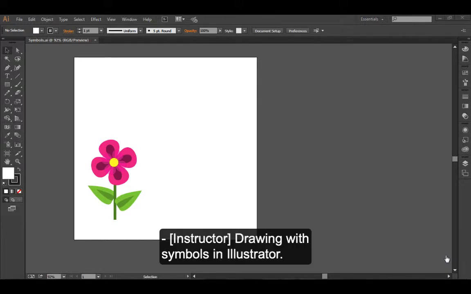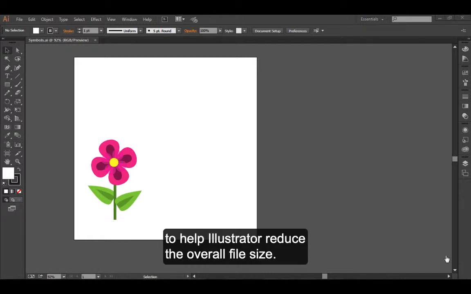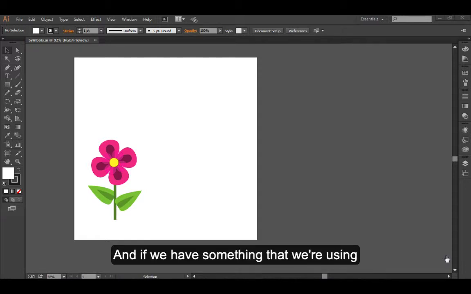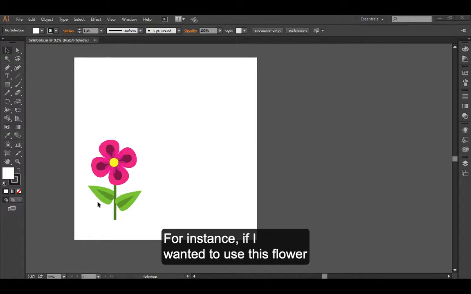Drawing with symbols in Illustrator. So in this week's lesson, we're going to be working with symbols, and symbols are a really great way to help Illustrator reduce the overall file size. If we have something that we're using in a repetitive way, for instance, if I wanted to use this flower